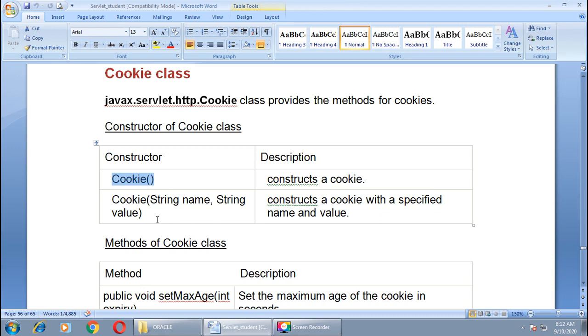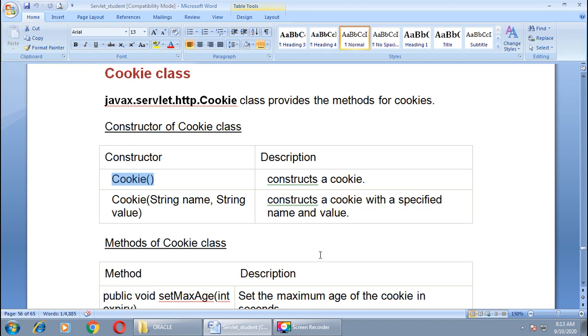One more constructor is there with two parameters. Number one is name and second is value. Both are in string format. This constructor is used to construct a cookie with a specified name and value.